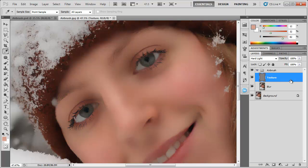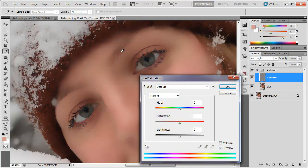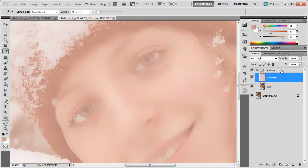And with the texture layer selected, I'm going to go to Image, Adjustments, Hue, Saturation, and then choose Colorize. Pick the colors, 12, 32, and bring this up. Not too much, but I'm going to bring the lightness up to around 60. Click OK. Now what we want to do is select our airbrush group, the entire group here, and we want